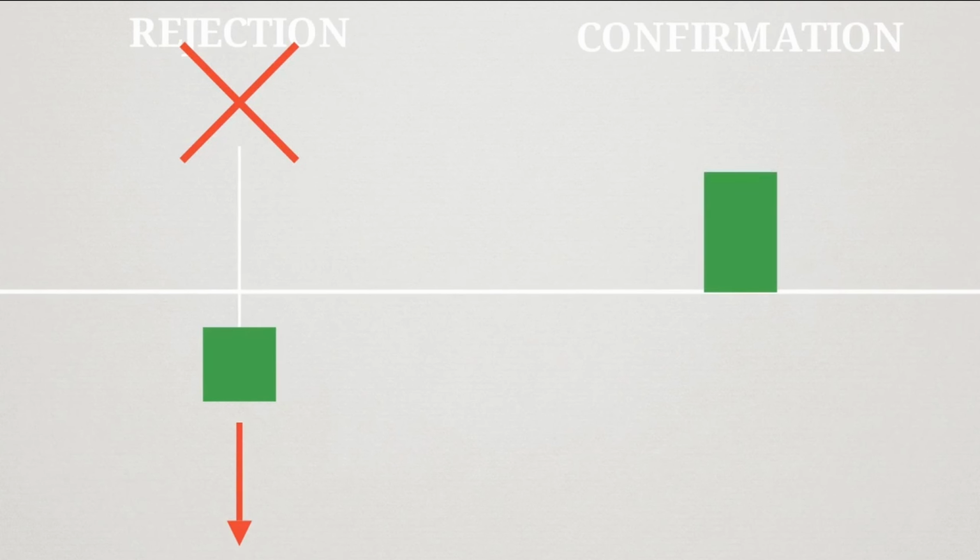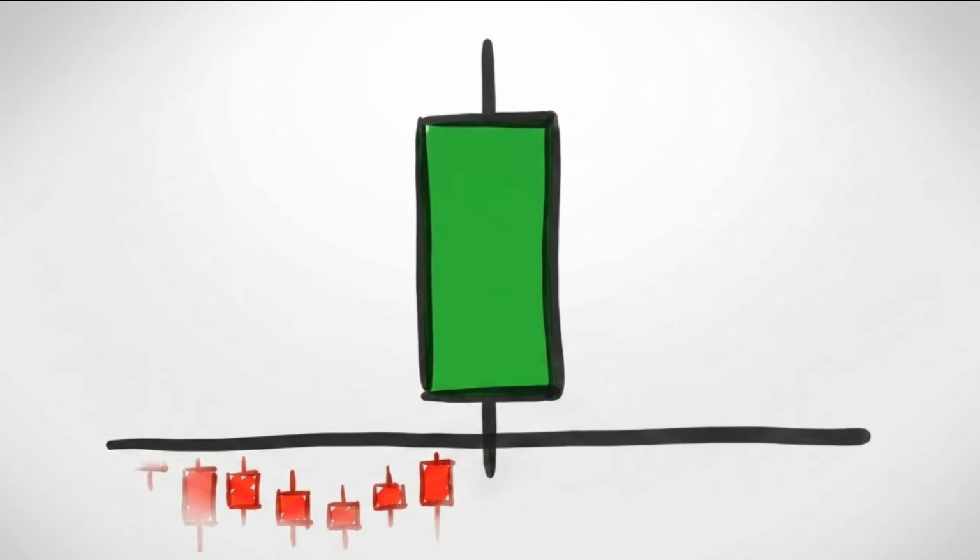On the right, we see confirmation. The solid body successfully pushed through the resistance and came to a rest entirely above the horizontal line. With a confirmed closure, you are now cleared to confidently map out a buy setup. The physical location of the closed body is the only undeniable proof of who actually won the battle between buyers